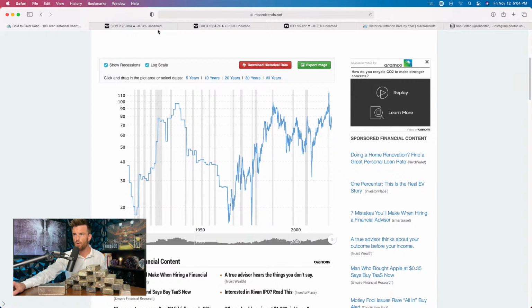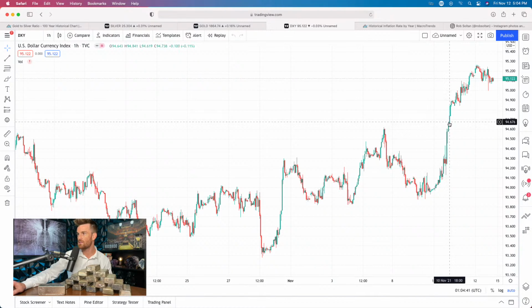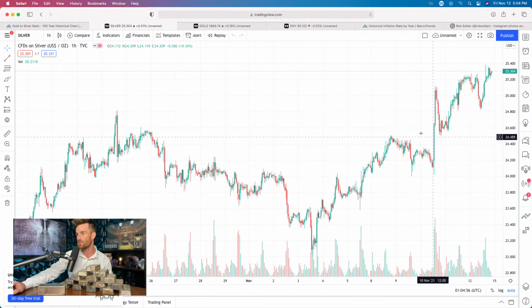The next thing I wanted to go over here is silver's chart. So we saw a spike recently in silver where on the 10th of November, it jumped quite a bit here. And then it started jumping and went from 24 up to 25.30 in just a couple days. And at the same time, we saw the dollar index skyrocket as well. So we saw the dollar index go up a quick $1.10, $1.20 from November 9th, 10th, went up at the same time. Now, that doesn't usually happen. You don't see the dollar index jump like that, and you don't see silver jumping at the same time.